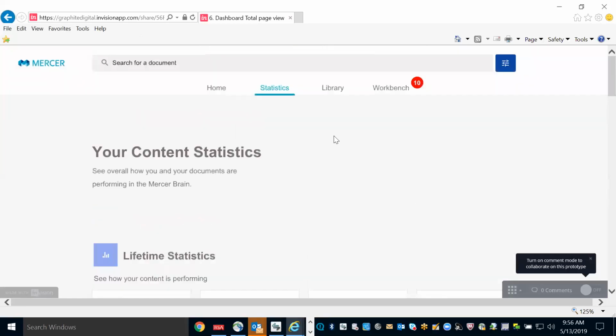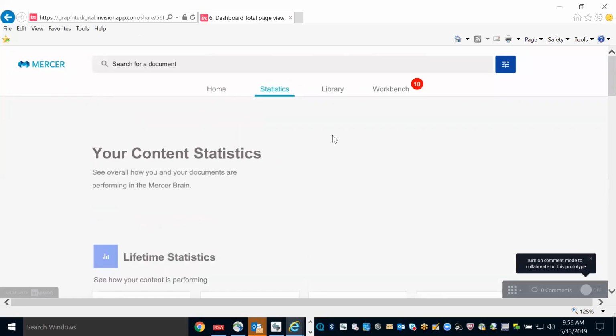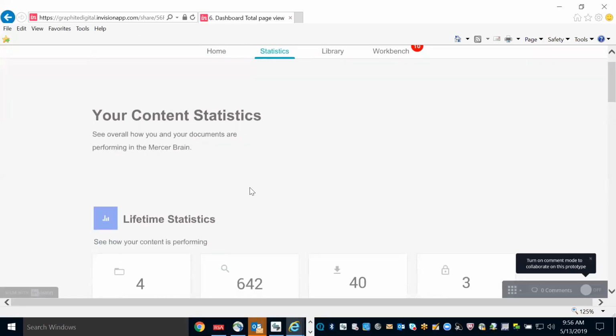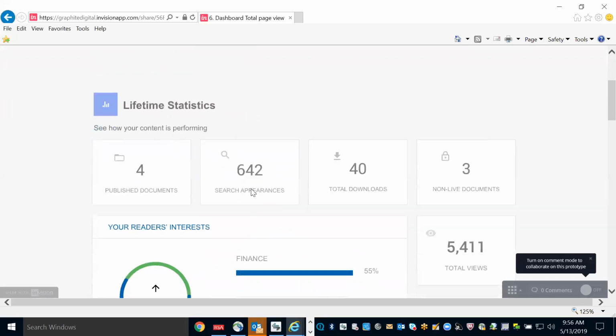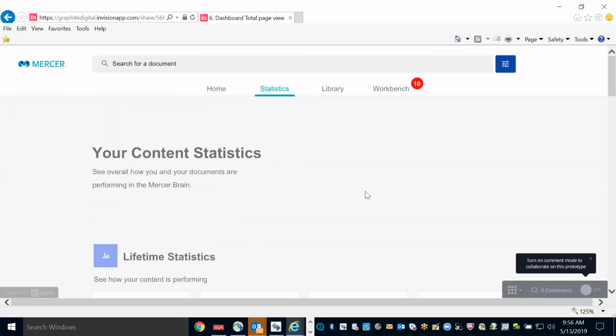So, just a quick idea, and then I'll tell you what I think I see in the library. On this page, it would be interesting to be able to click into these and dig deeper into the data. Like have this broken down, like search appearances, and somehow give me more information about what that is an aggregate of. Yeah. I think that'd be really helpful. But yeah, totally. Thank you for adding that.